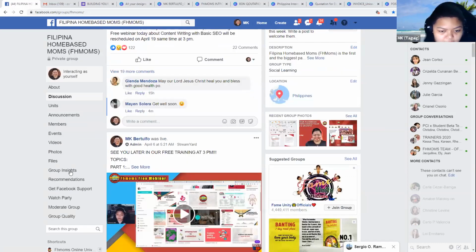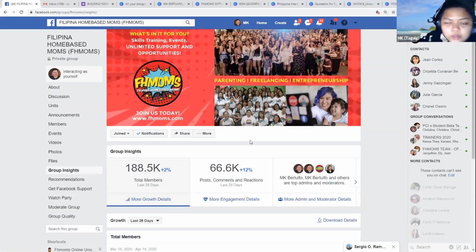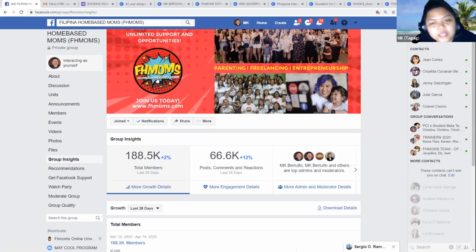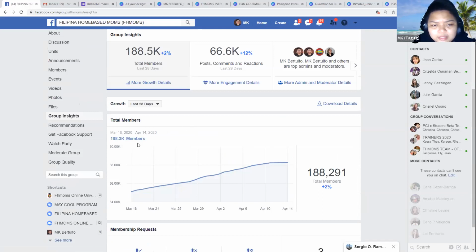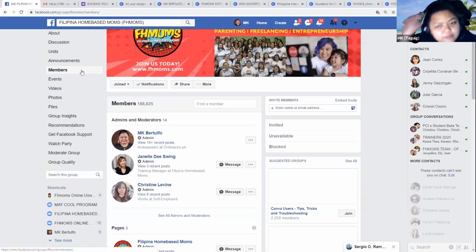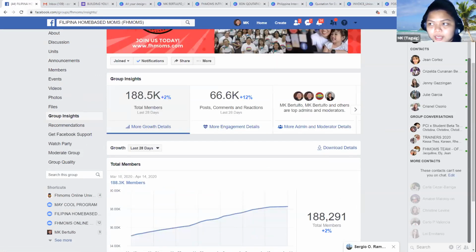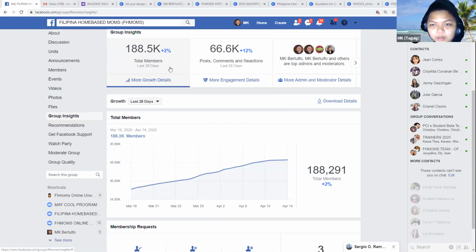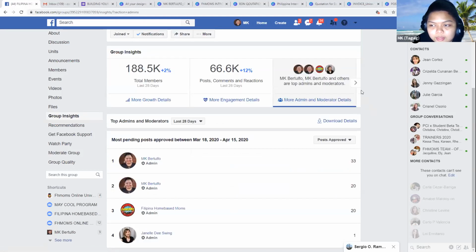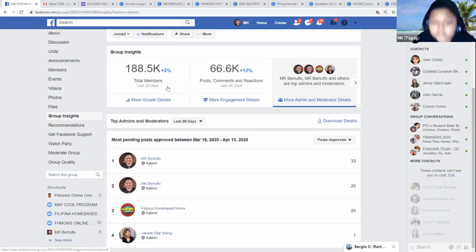But let's check muna yung diniscuss or pinakita ko na group insights. Alright? So let's see here. So we have a total of, I believe this is where you can see kung ilan na yung total number of members, which is 188,000. So punta tayo dito sa group insights. And from here, you can see meron siyang ilang part. 1, 2, 3, and then another one which is 4. This one is a new feature.